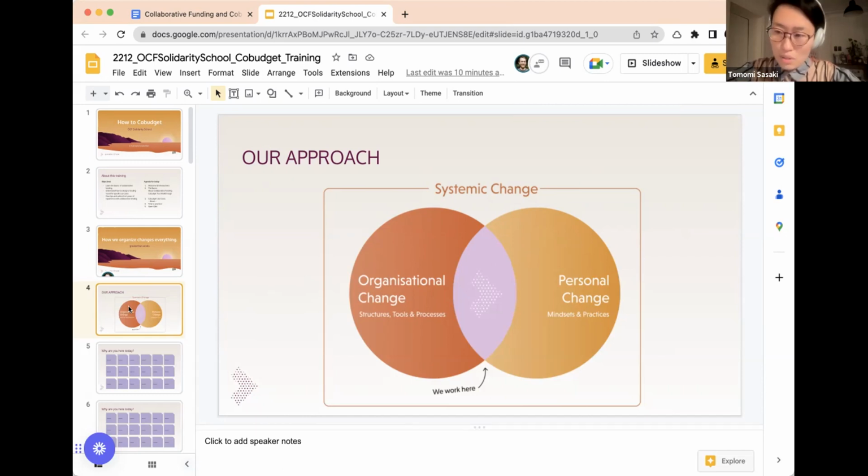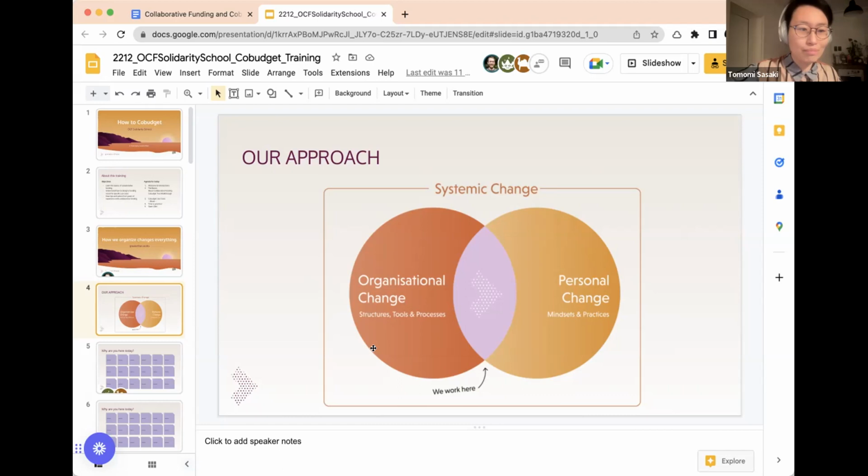Greater Than is an organizational partner, but Cobudget itself is stewarded by a new cooperative that's been set up in Sweden. And I see my colleague Hugi in our workshop also today. You might have met him in other contexts. And yeah, we have been working together for about a year to develop the product and have now come out of our product building phase